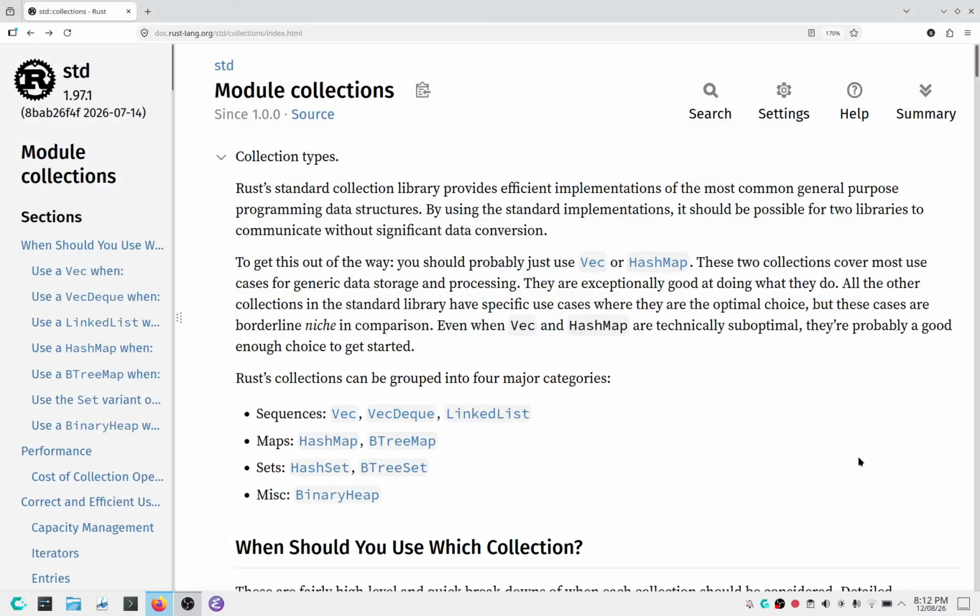Hello, and welcome to this video on the standard library of Rust. We will go through the documentation, that is this one. Now there are other ones